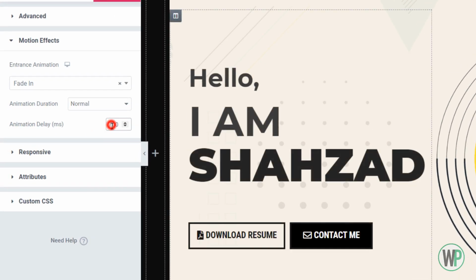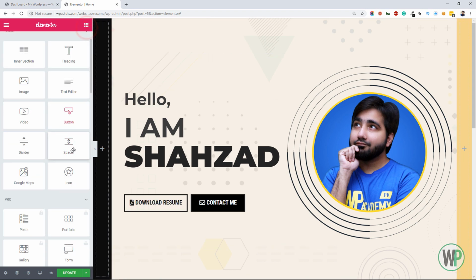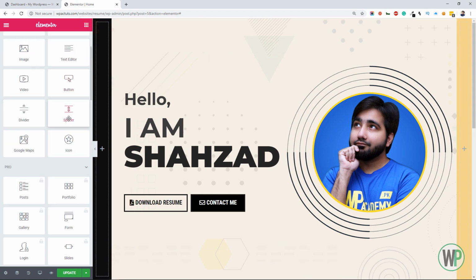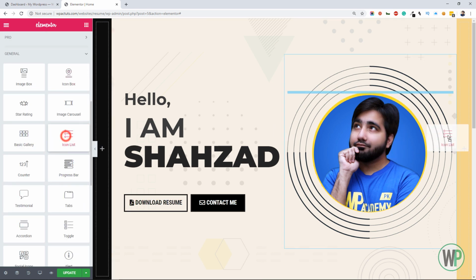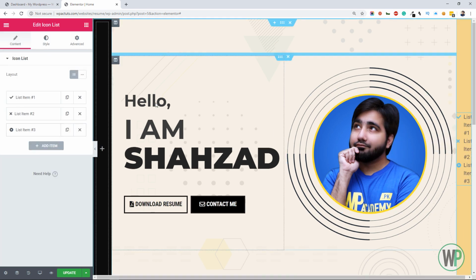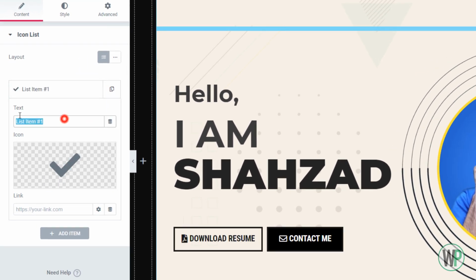You can also set an animation delay. Okay, now let's add social media icons. Just drag an icon list widget and remove the text. Just set the icon.